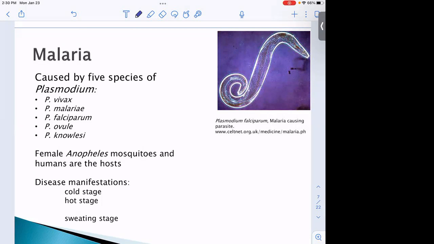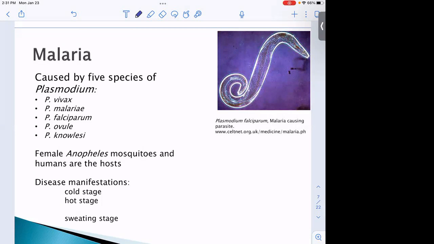There are something like 438,000 deaths worldwide every year, most of those in Africa. So this is one of the biggest threats in terms of infectious disease. We used to have it here in the US, and it was eliminated in the late 1800s. We could have it again. Those mosquitoes that carry it are present here, especially in the southern US, and it could become a problem again. So that's kind of a scary thought.